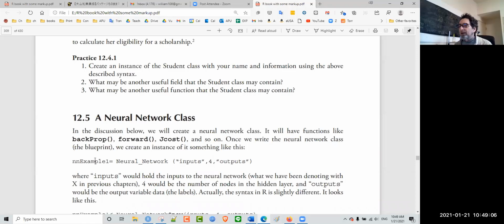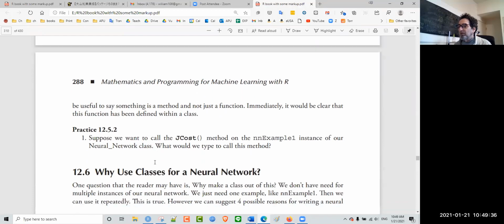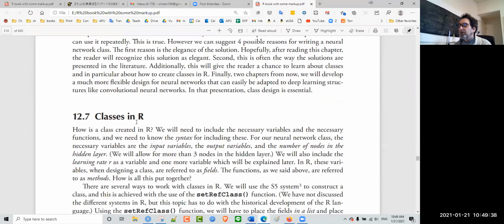So here we're just getting practice with how to write a class in R, and we're still going to use the neural network example. Maybe it wasn't such a good choice, because the neural network example is pretty complicated, and we're just introducing OOP. Why should we choose a complicated example? Maybe we should just do student, a simple one. But anyway, we're going to do it